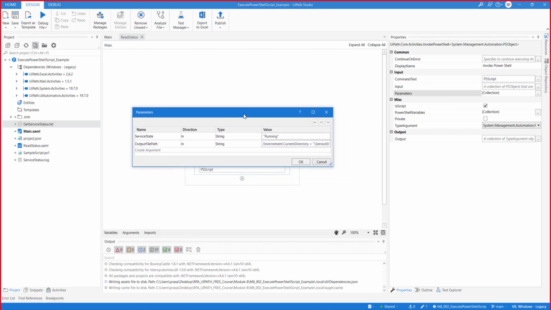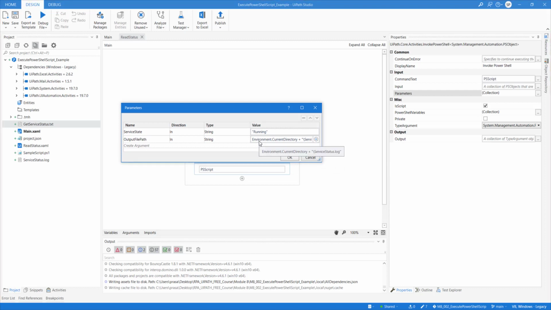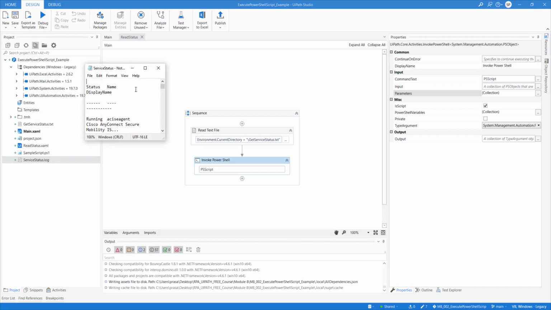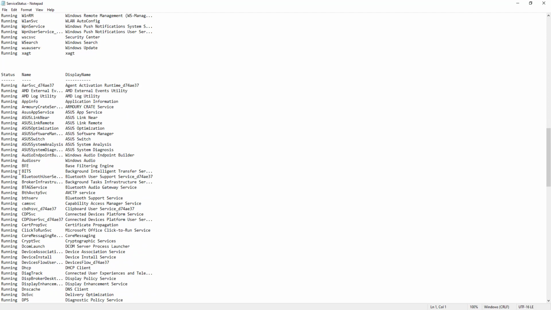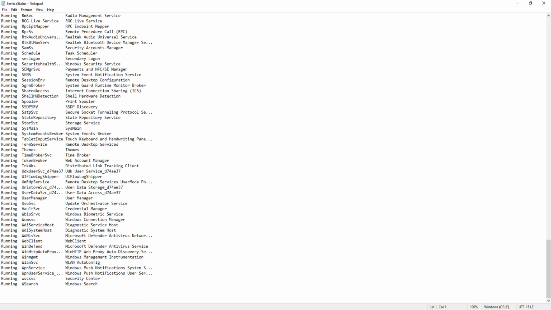And then we have another parameter which is nothing but output file path. So I am saying create a file where, I am using a special type of variable called Environment. This can be used to access your current directory and many other stuff. So I am using Environment.CurrentDirectory. That means from where this process is running, create a file with the name service status.log. So it will create a file into the same directory, right? And we have used a construct called append. Whatever the status would be here, it will append that. It is not going to delete anything in it.